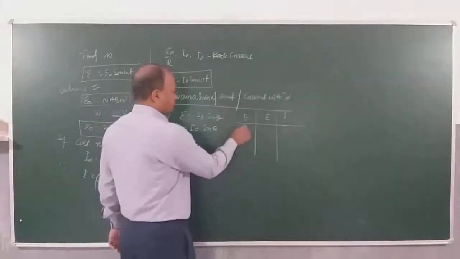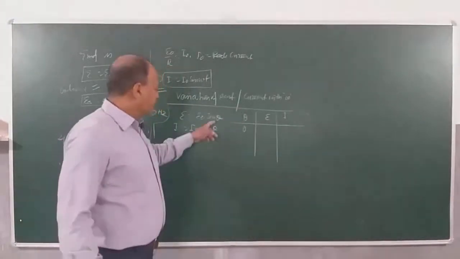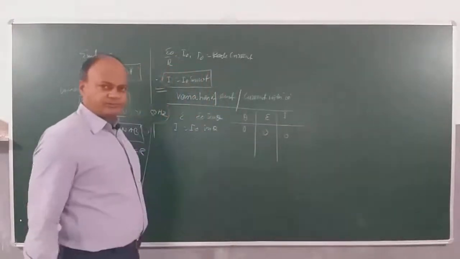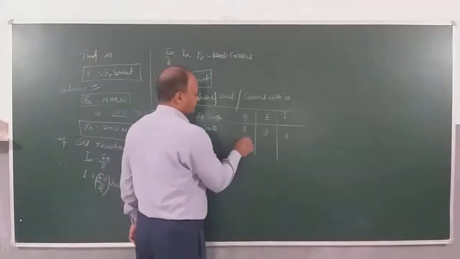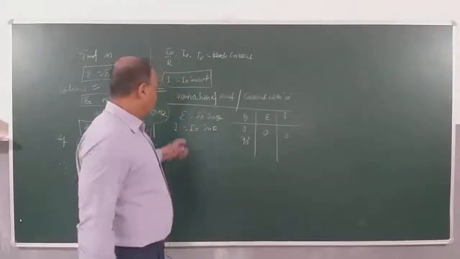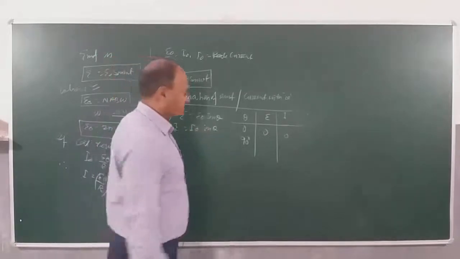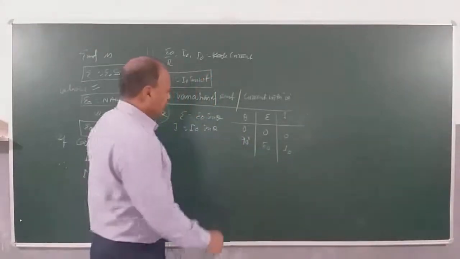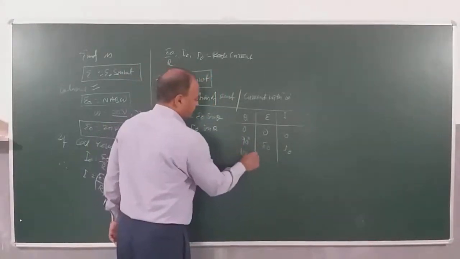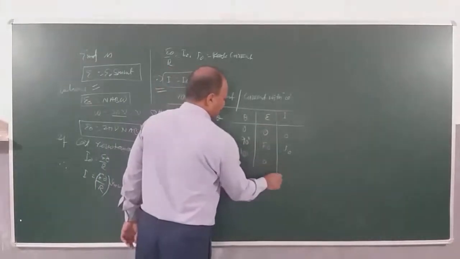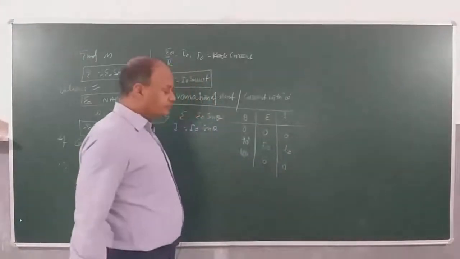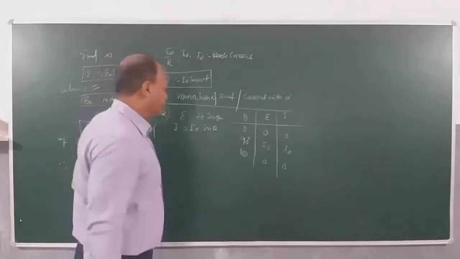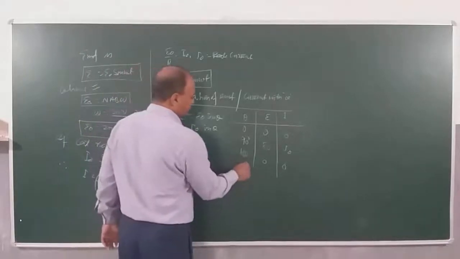Children, when theta is 0, sin 0 is 0, so EMF will be 0, current will also be 0. When theta is 90 degrees, sin 90 is how much? 1. So E is E naught and I is I naught. When theta is 180, sin 180 is 0, so E is 0 and I is also 0. We have already completed 0 to 180, which means half the revolution. Now for the remaining half cycle, again increase by 90, so 270 degrees.